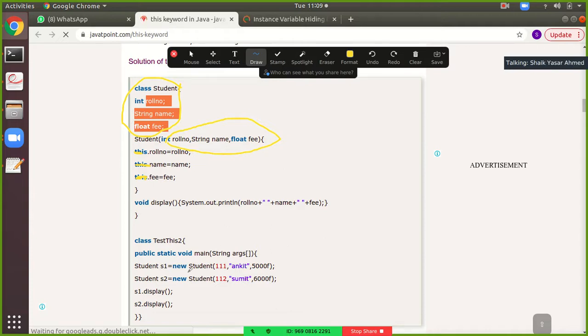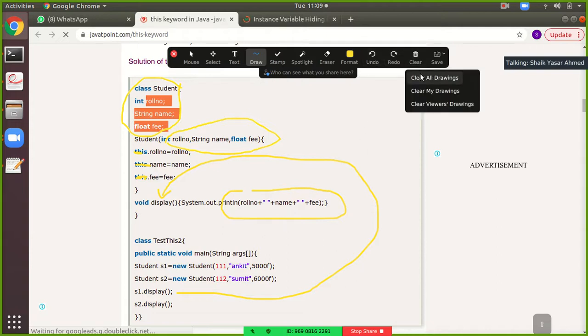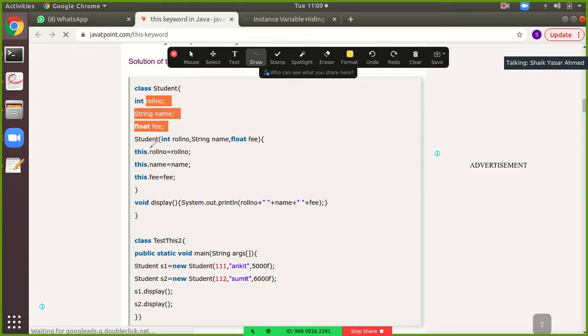So when you call the display method, it will not understand which variables to display. That is why it will give you the output as 0 null 0. In order to remove this kind of confusion, you should provide the instance variables with the this keyword.